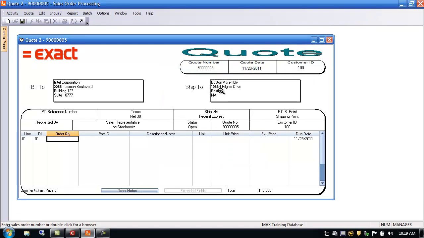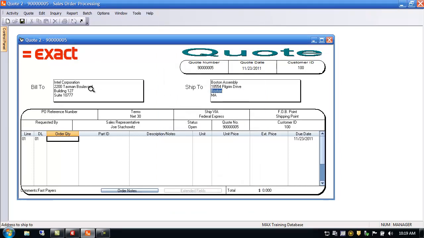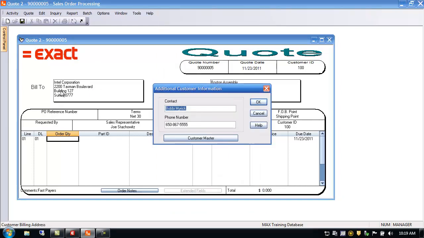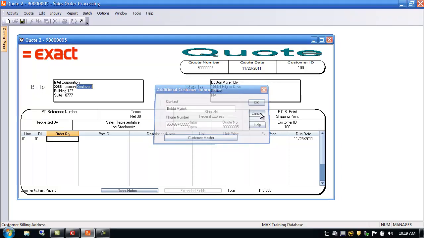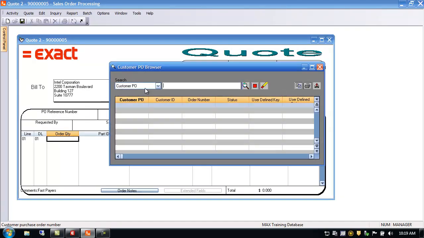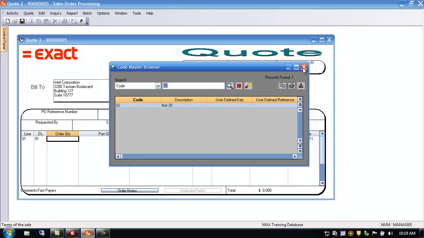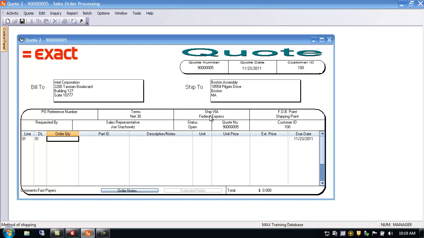You can mouse over the ship to browse that, and likewise if you double click on bill to, you can access the customer master. Okay, you can search for customer PO, you can browse on terms, ship via,